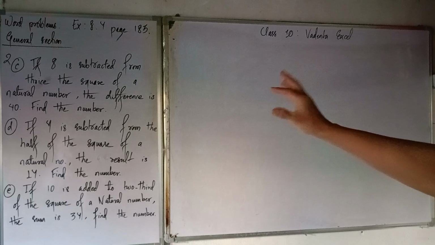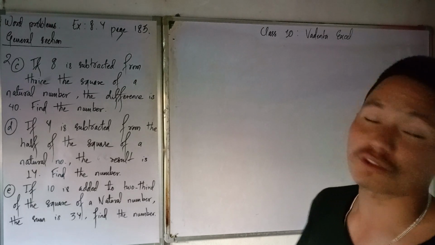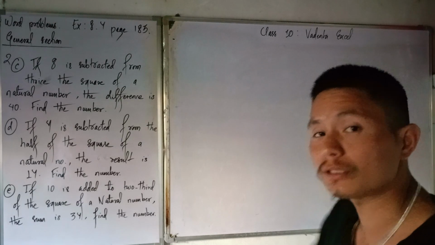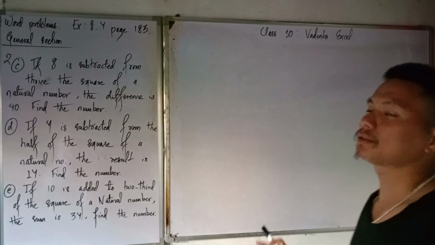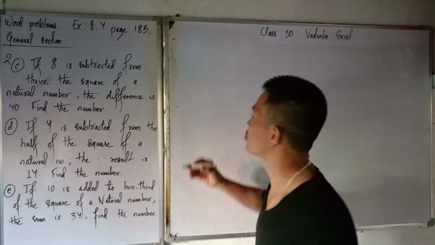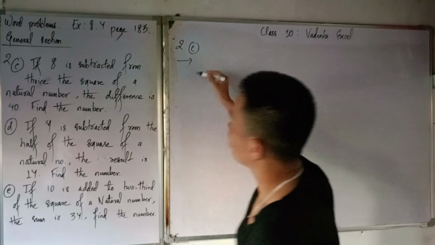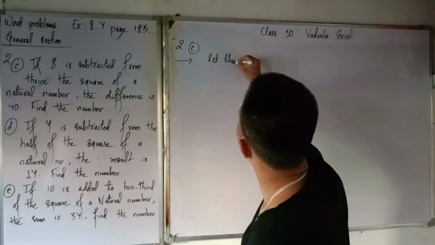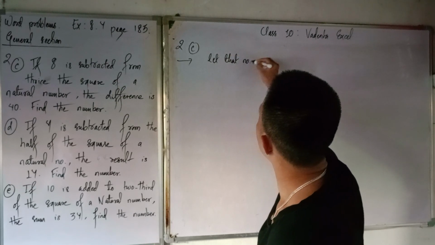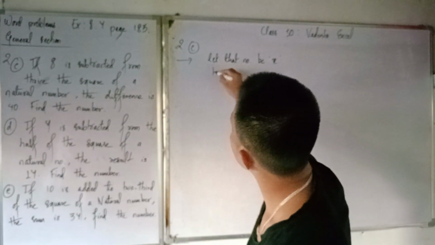How to understand that question? If 8 is subtracted from twice the square of a natural number, the natural numbers start from 1, so that number could be any. Just suppose, let that number be x, and by equation,